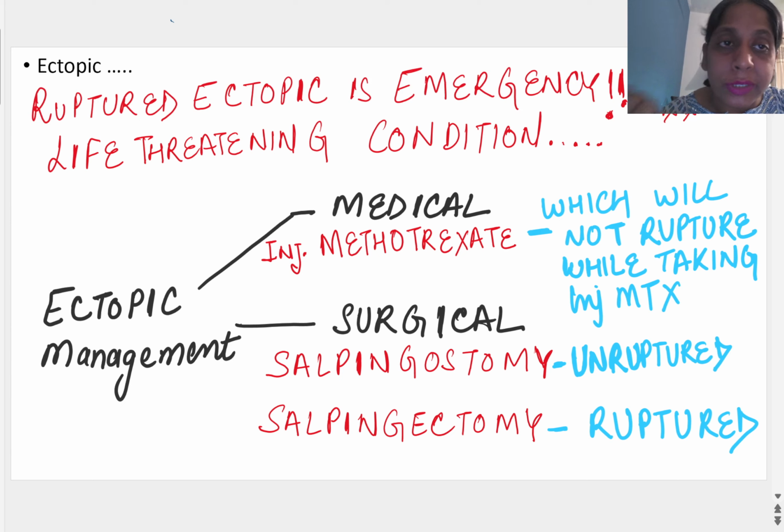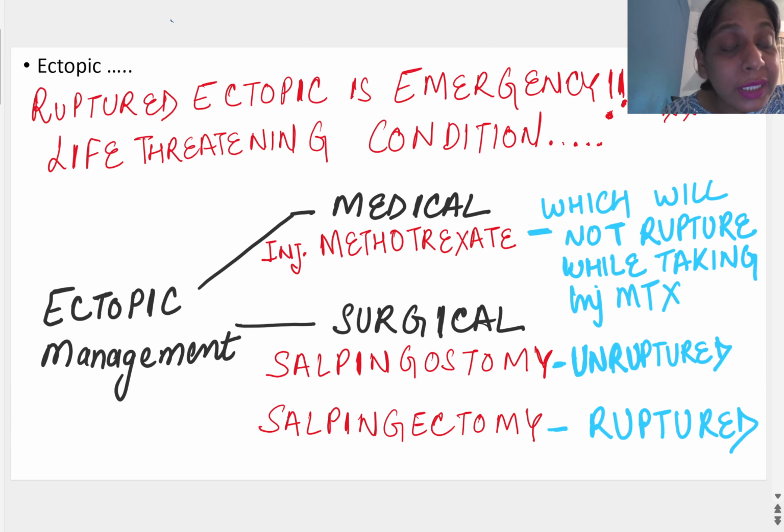अब ट्यूब को बचा तो सकते नहीं, अब तो साल्पिंजेक्टमी करेंगे, और साल्पिंजेक्टमी जैसे ही करेंगे ब्लीडिंग अपने आप बंद हो जाएगी. ठीक है, तो ये मेडिकल ट्रीटमेंट और ट्यूब सेविंग सर्जरीज तब तक ही करनी है जब तक प्रेगनेंसी ट्यूबल प्रेगनेंसी रप्चर नहीं हुई, ठीक है। And because this medical management takes 1 to 2 days,